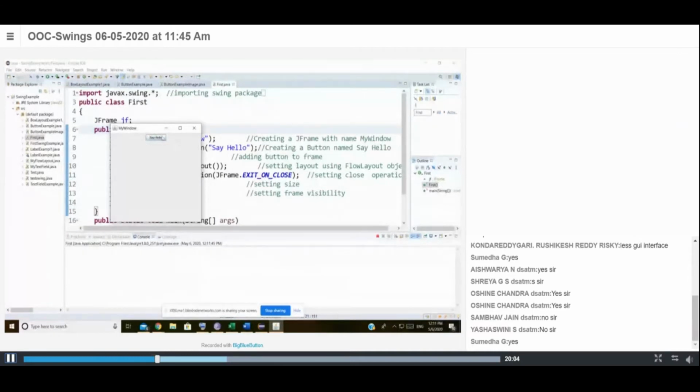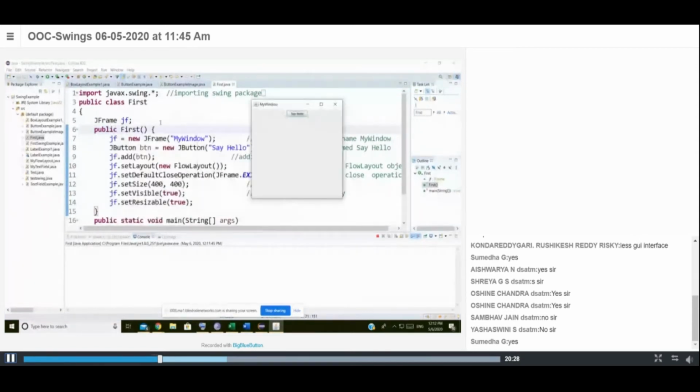The components may be anything like a button, a text field, radio buttons, or menu options, anything. These things are components, and the entire thing you are seeing is the container. Components are always present within the container.